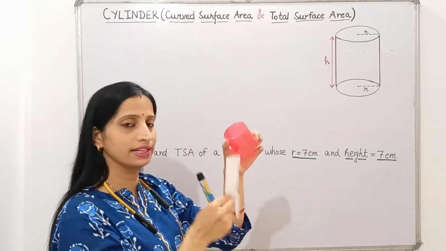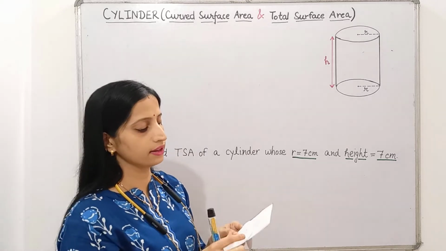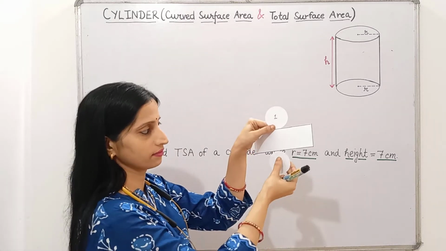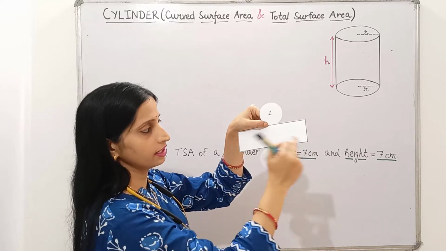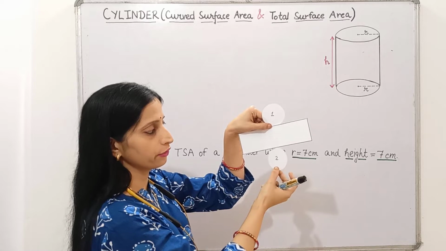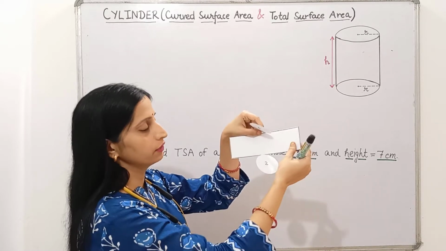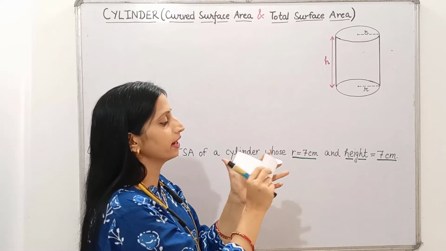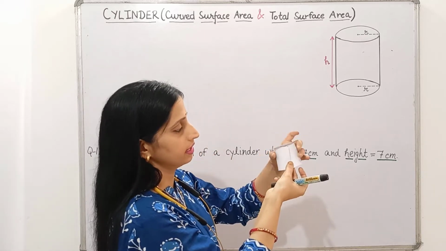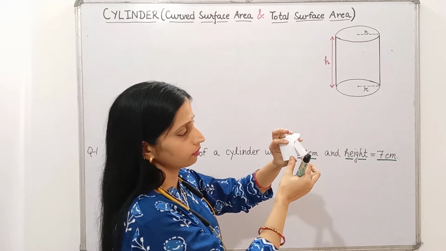Okay. Now let's see its net. If we open up this cylinder, then its net will somewhat look like this. This is a rectangle in between. This is the curved part, and these two are the flat faces, the upper one and this is the bottom one. If we fold it, then we will find a cylinder. So let's fold it, make a cylindrical shape. See, so this is a cylindrical shape now.